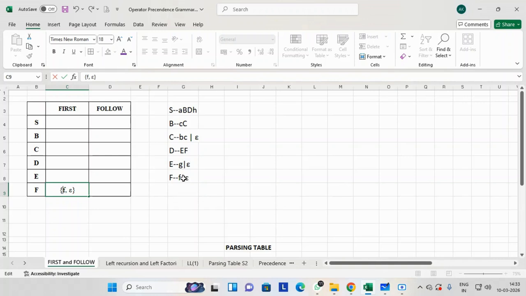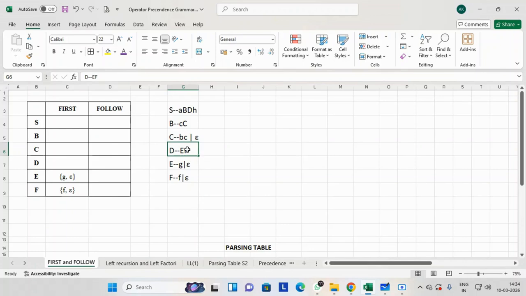Also, we see all the other productions in the grammar. Let us take one more example with which the concept will be more clear. If you observe this production of E, immediately after the arrow, the first I can see is a small letter g, and this g will be added to my list. E has another production which is epsilon, and because epsilon is accepted in the list of first, I added that epsilon to my list.